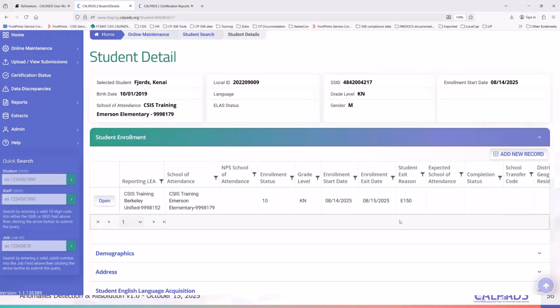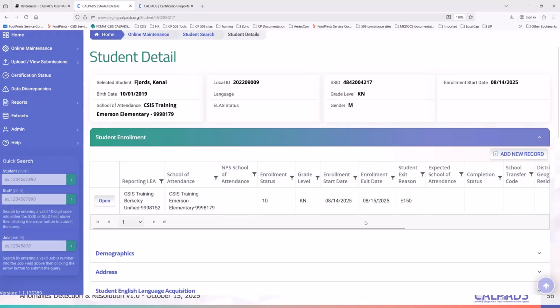If the student got promoted within the year to a higher grade level, then you use an E150 and add the new grade level here. Or if the student was demoted, unfortunately, you do the same. Use an E150 and then add the new enrollment with the start date, which is the next day.